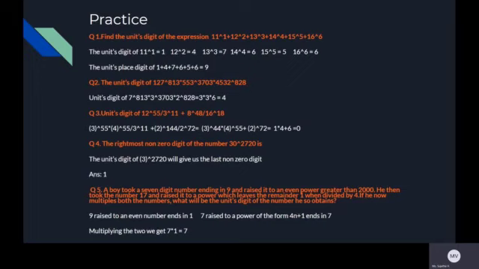Now the next statement, he then took the number 17. He has taken 17 and raised it to a power which leaves the remainder 1 when divided by 4. Okay, the power when divided by 4 leaves the remainder 1 means the power is of the form 4n plus 1. So if you raise 7 to 4n plus 1, it will end in what number? Refer to your table. Okay, so 7 raised to 4n plus 1 will end again in 7. And then what do we have to do? We have to multiply. So 9 raised to an even number ends in 1. 7 raised to a power of the form 4n plus 1 ends in 7. So when you multiply it, your answer is 7.